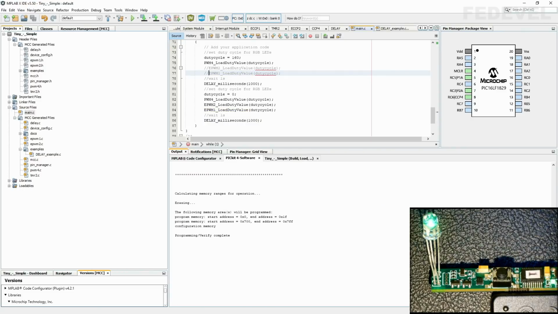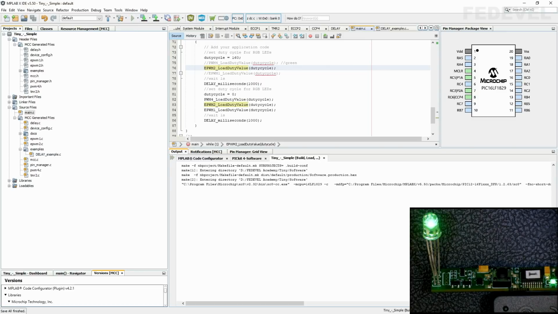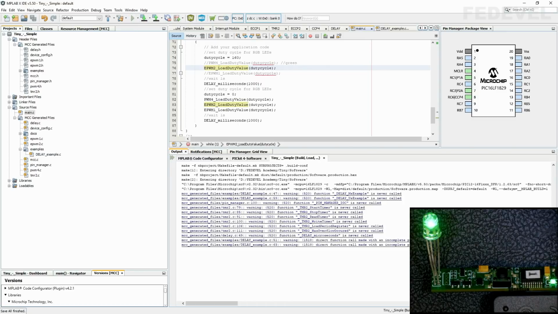I can switch off the lights so you can see it better, and it's the green color, so I'm going to put here a note, green. I'm going to comment out this one, uncomment this, and compile.